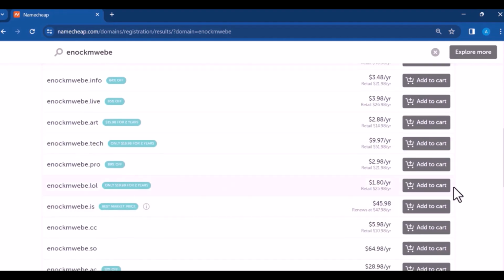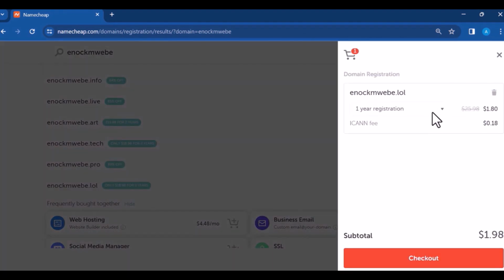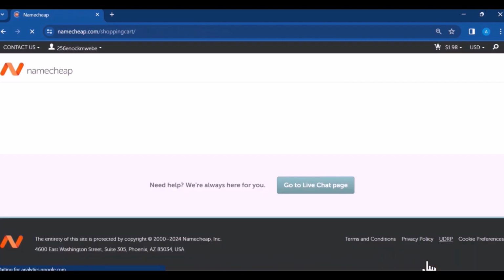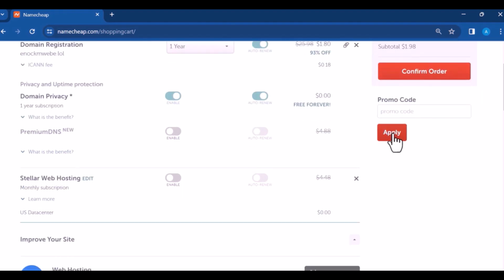For example, there's this one that I'll add to cart. It's 1.8, and that's okay. And I can click on view item, and I can proceed to checkout. Once you're here, you can change the number of years you want to register your domain for. 3 years, 4 years, 5 years. You can change to 5 years. It's not really expensive, but I'll keep it for 1 year since this is just for demo purposes. So I'll hit confirm order,